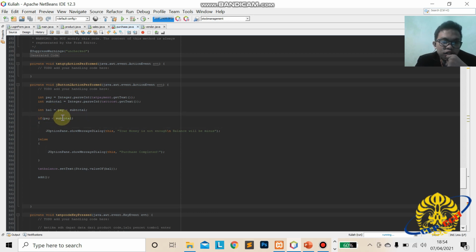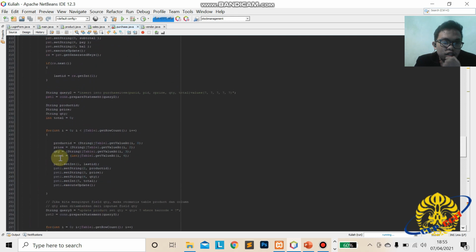Okay, so if pay is less than subtotal it will show the message your money is not enough, balance will be minus. If true, purchase completed.